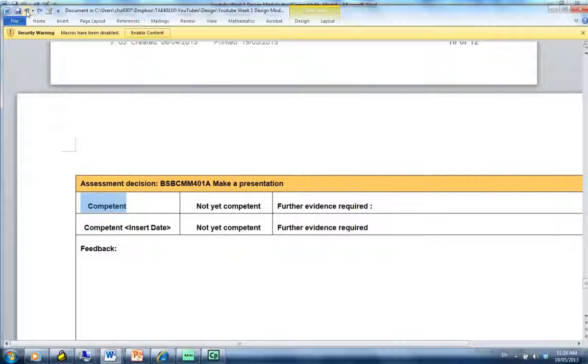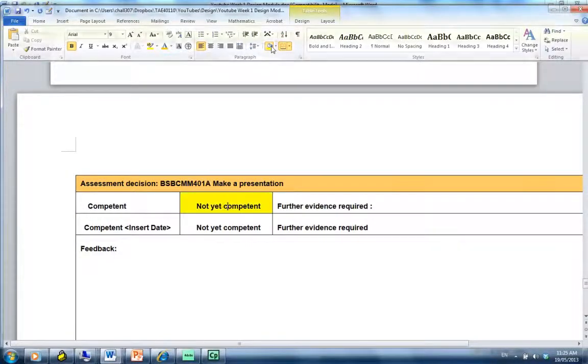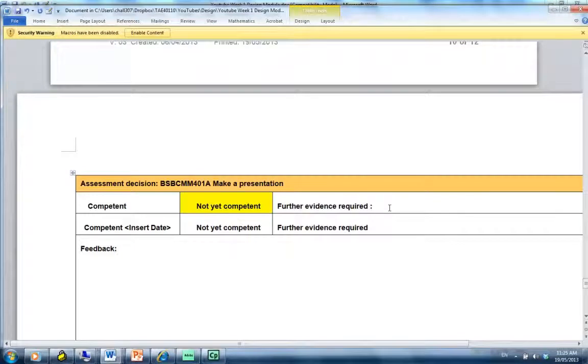Now say a candidate's product was incomplete, or some of the questions were wrong, and you have a standard that 100% satisfaction in all of the questions, 100% in the checklist is the requirement, then you would have to tick not yet competent. And if you're selecting not yet competent, you would have to explain what further evidence is required. Perhaps they have to go back and, in our case, watch a YouTube presentation again and try those questions again. If it's an incorrect question, then you might want to just try some verbal feedback,